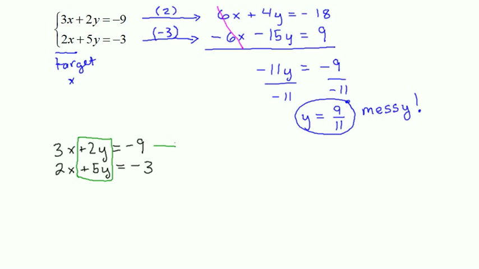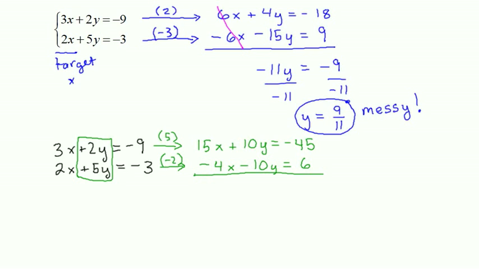So if I target y, that means I'm going to want to get these terms to be 10y and negative 10y. I'll multiply the top equation by 5 and the bottom equation by negative 2 to get 15x plus 10y equals negative 45. And on the bottom I have negative 4x minus 10y equals positive 6. Adding these equations together, I see that it has the desired effect of dropping out the y variable,